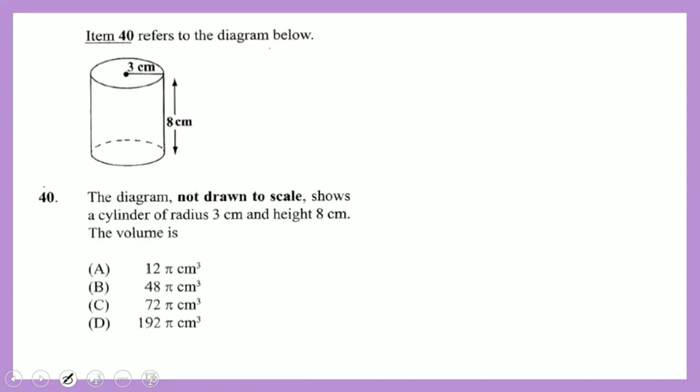This diagram, not drawn to scale, shows one cylinder. We can see a circular bottom, a circular top, and one height. The radius is 3 centimeters and the height is 8 centimeters. What is the volume? The volume is going to be the area of the base